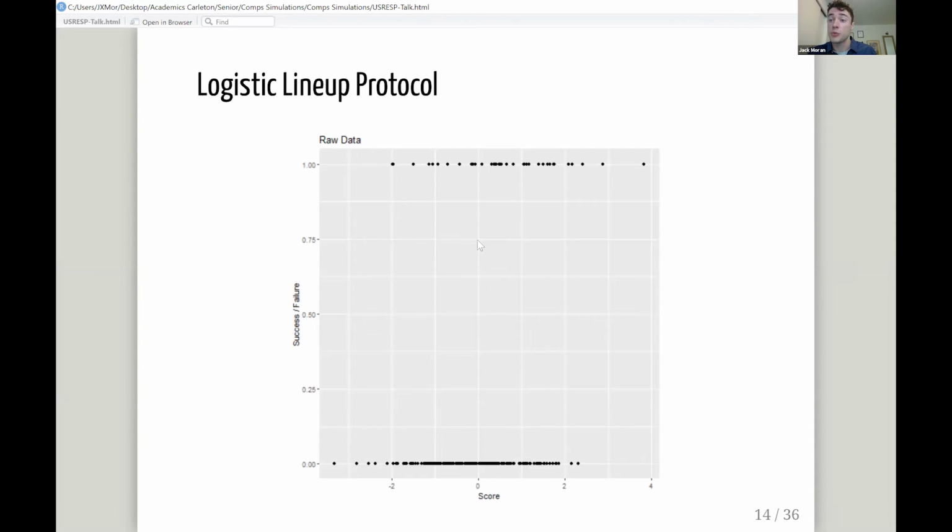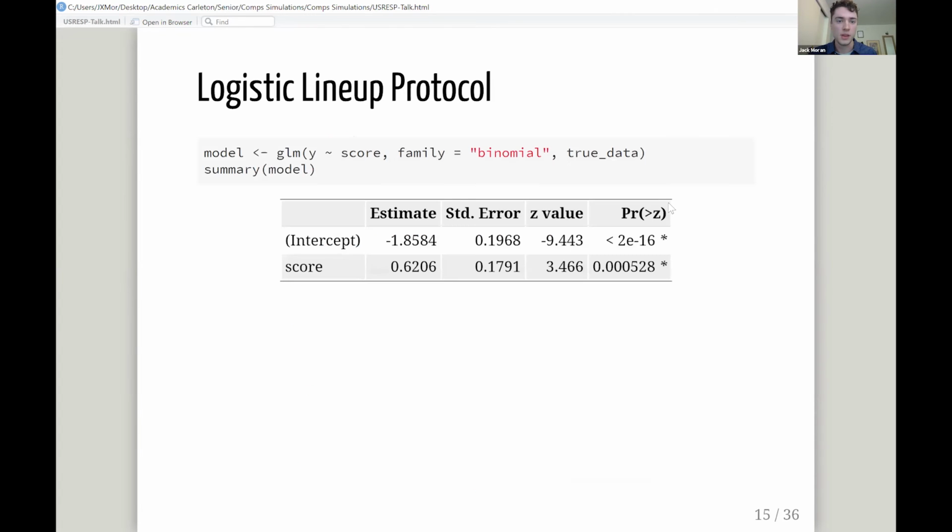But in practice, this is how the lineup protocol would work. We have some raw data. Here, we're modeling success failure as a function of score. It looks like as score increases, success also increases, but we don't have that many points at high values of score. And so maybe it's a little unclear what the relationship is. We fit a logistic model, and this is just the summary from that model. We see that score is a significant predictor of success,